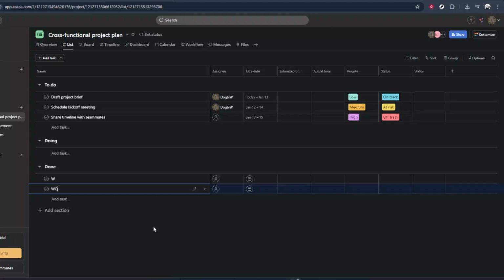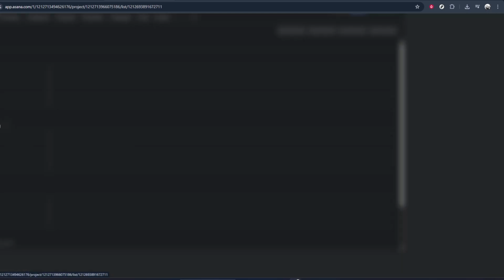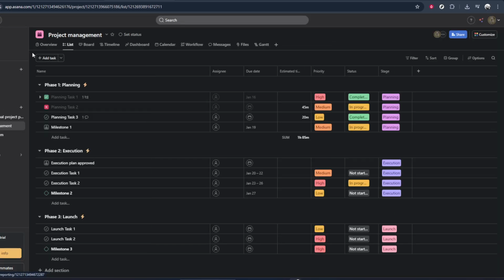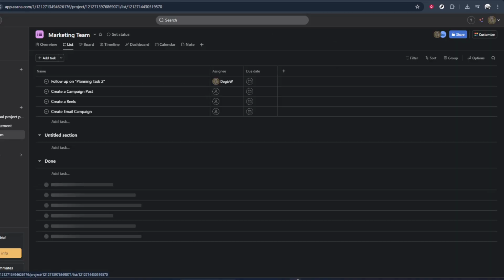In today's video, I'm going to teach you how to change a project's icon in Asana. Updating your project icon is a small touch, but it can make your workspace feel much more organized and easier to scan at a glance. This is especially helpful if you're managing multiple projects at once and want to quickly distinguish them by color or